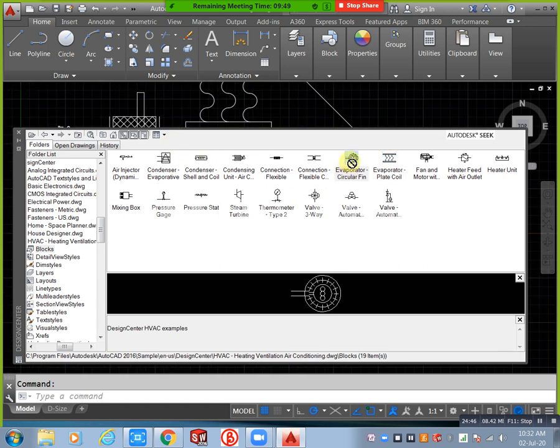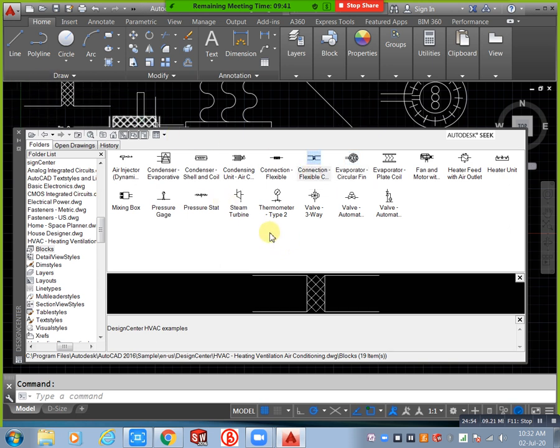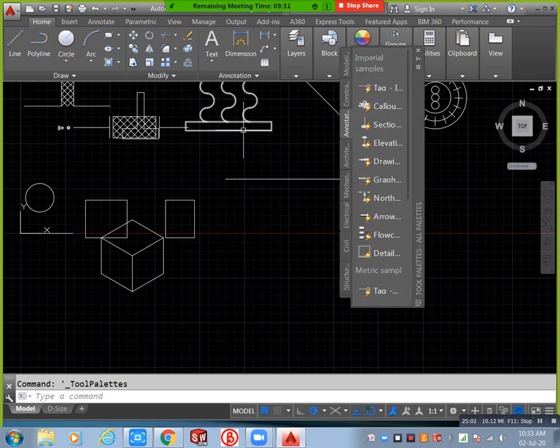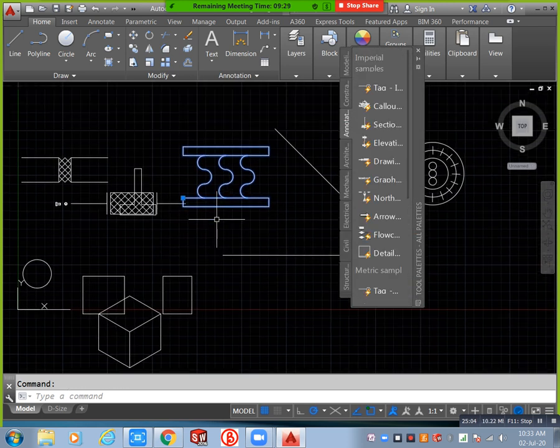Next we will discuss Control 3. Control 3 means tool palettes. Okay, you can select this one. Here only one view is there. We don't have any drop downs. We can't change this one. But when you click Control 3, here also you will get some. For example, I will go to mechanical. In this mechanical we have some bolts and nuts. Here we have imperial samples and metric samples. Imperial means inches, feet. Metric means millimeters, centimeters. I need to use this one, welded symbols.